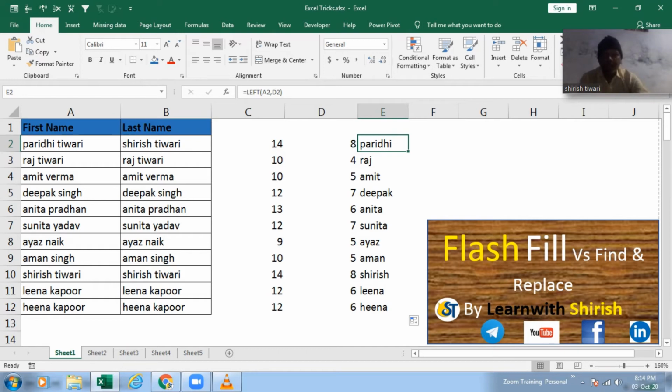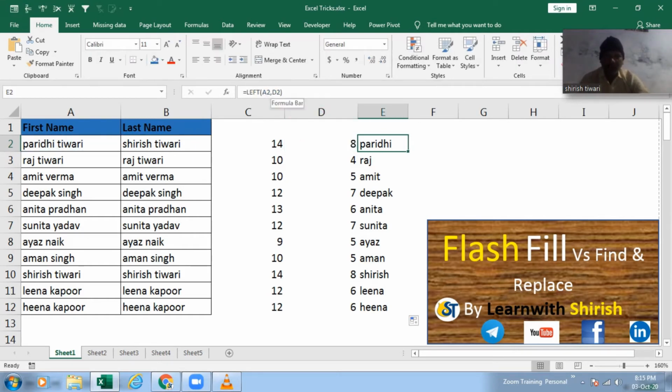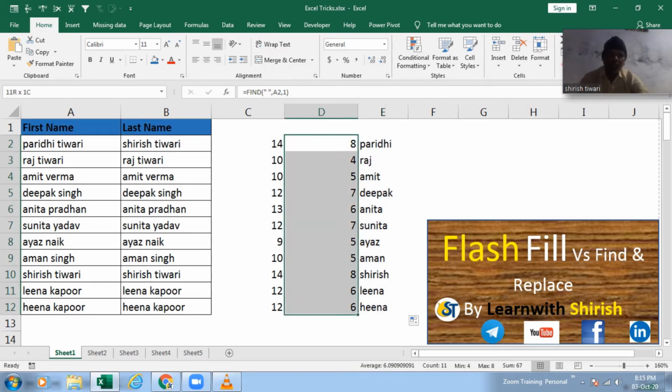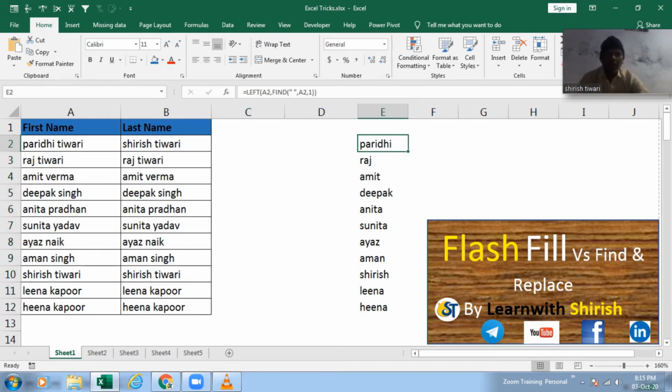Now these are also dependent. If you are looking for it to be dynamic, then what I am going to do is copy this, go to this, remove D2 and paste it over here. Now my formula becomes dynamic. Guys, I don't need these two features. Even if I remove them, it still works perfectly. There is nothing else required.